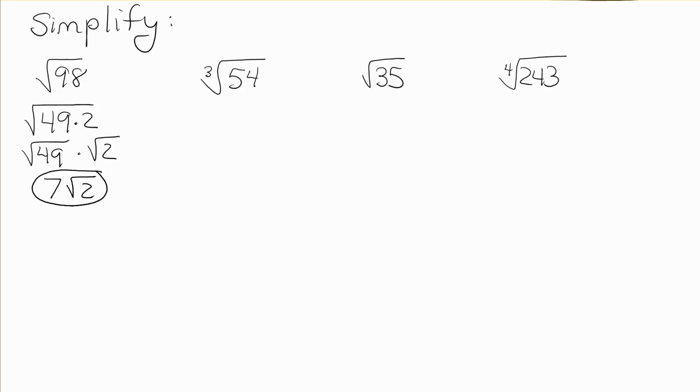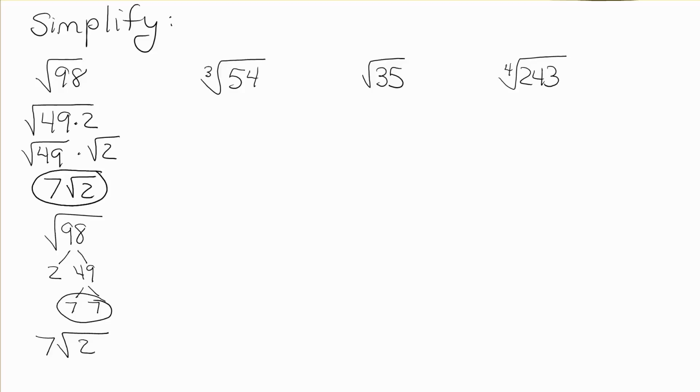answer. If I did not know that 49 was a factor of 98, I could go ahead and take the square root of 98, and start factoring it. I know that 2 goes into 98. And when I divide that, I get 49. I know that 49 is 7 times 7. I have a perfect group of 2. I would pull that out, and I still have this 2 remaining under my radical. I get the same answer. So if you know your perfect squares, your perfect cubes, your perfect fourth roots, it makes your simplifying of your